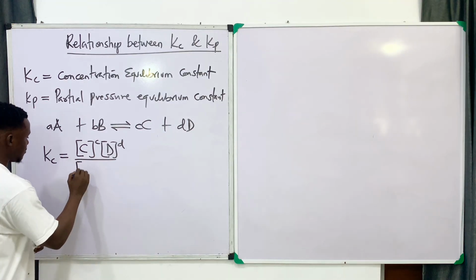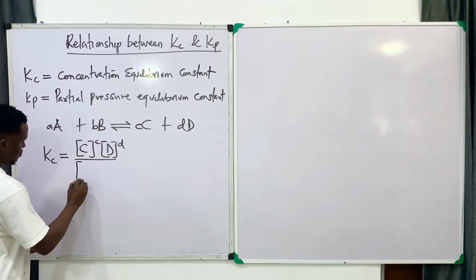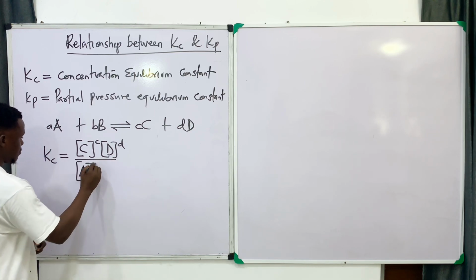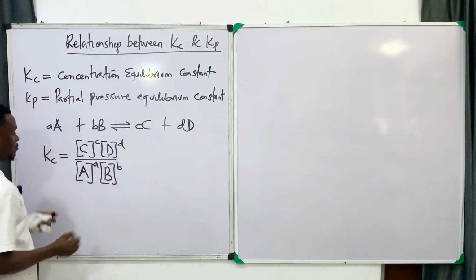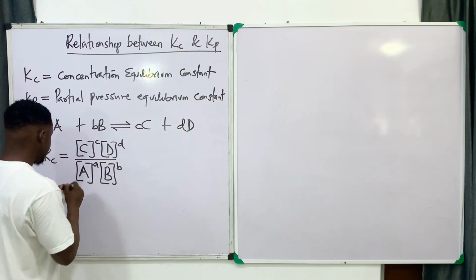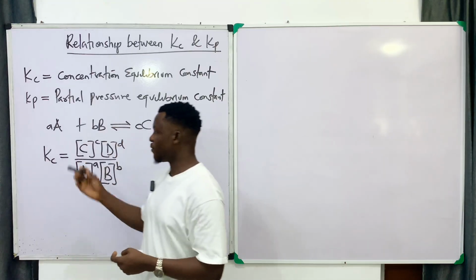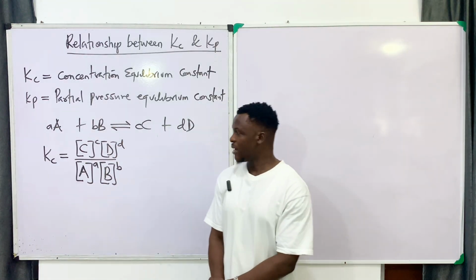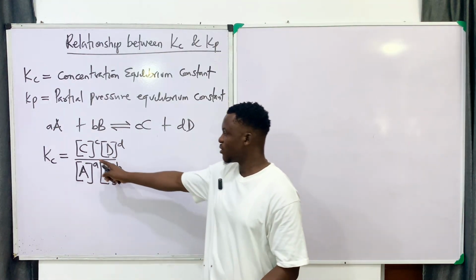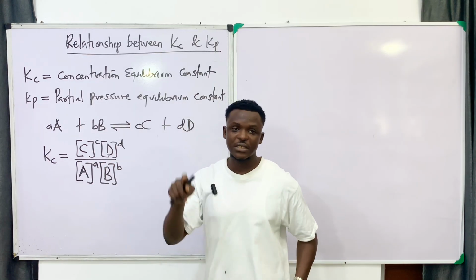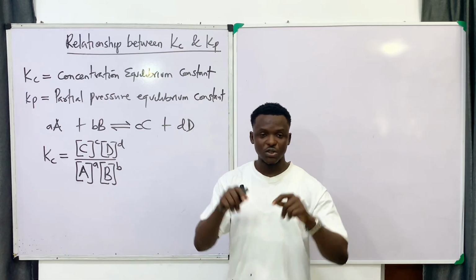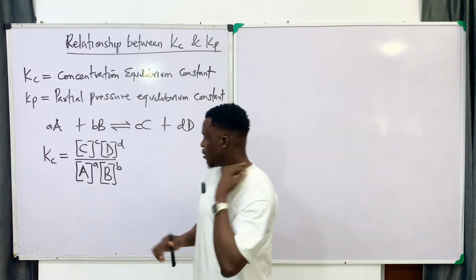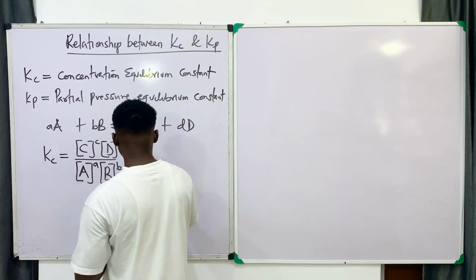And then, okay, now this is for concentration equilibrium constant. Now for partial pressure, in place of this concentration, the square bracket you're seeing there stands for concentration. For partial pressure, in place of that concentration, I use capital letter P. All right, so this becomes, for Kp, we have